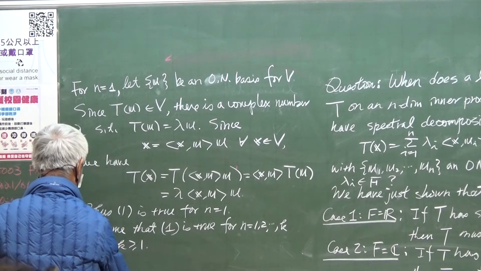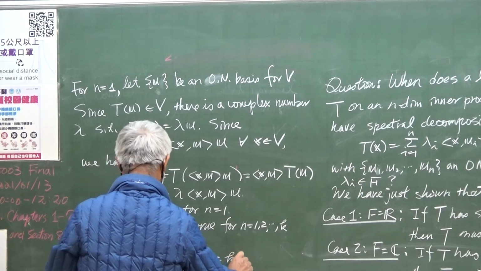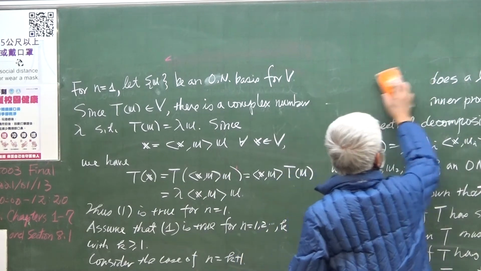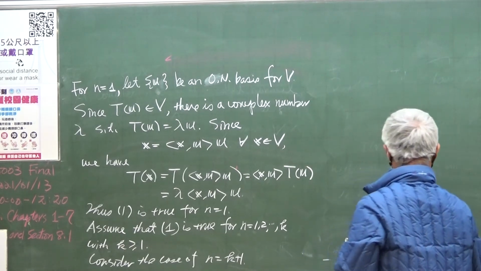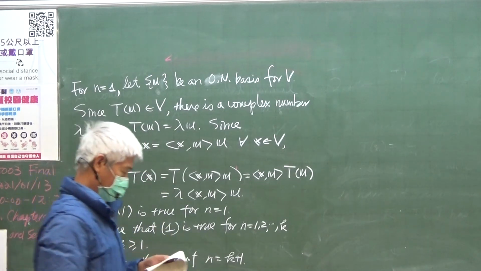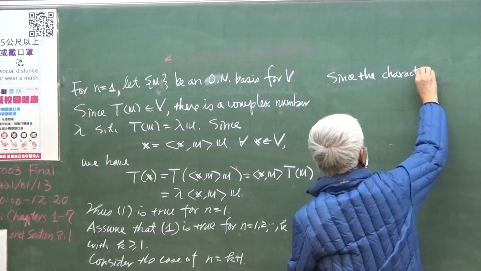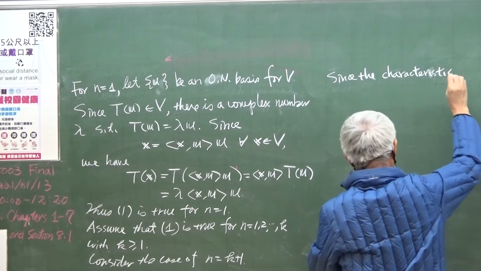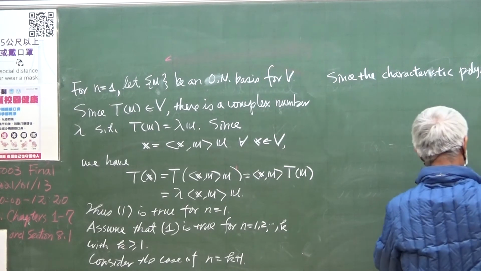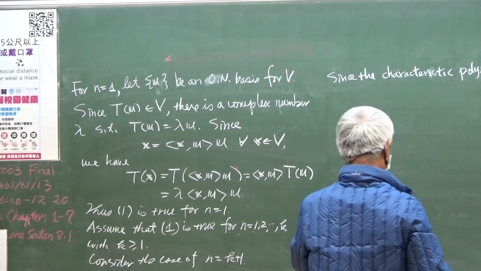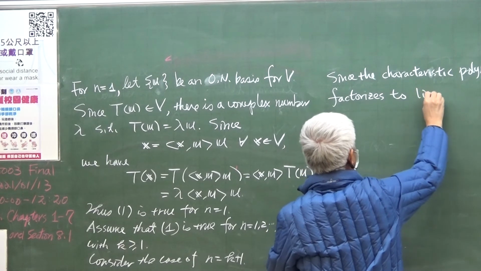So now consider the case of n equal to k plus 1. So now the dimension of the inner product space V is k plus 1. Now, since the characteristic polynomial of T factorizes into linear factors,